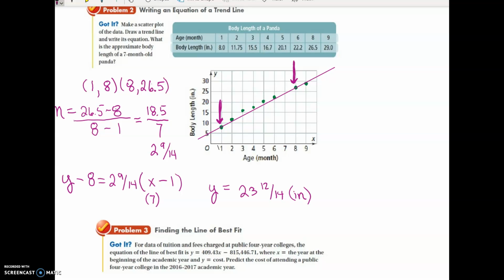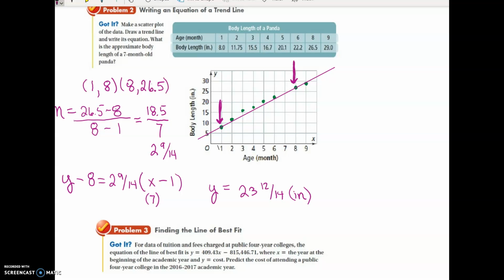So you can see here, this is an example of my trend line. Yours may be different, and that's okay. They're all going to be a little bit different. So what I did was I plotted each of the points in the table, and I tried to draw a trend line through the middle or close to the data points. Then I chose 2 points that my line goes directly through. Then I used those 2 points to find my slope. I went ahead and changed the slope to a fraction, and then I plugged that and my first point into